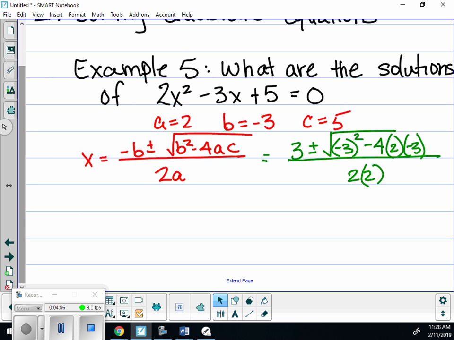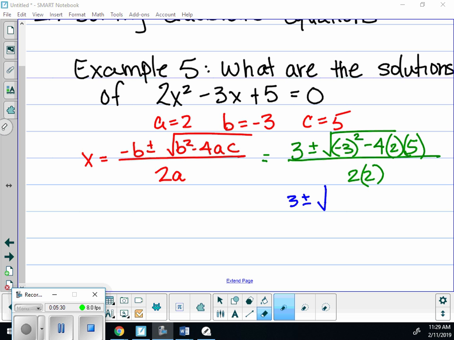Negative 3 squared is what? 9. Negative 3 times negative 3 is 9. What's 4 times 2 times 3? 4 times 2 is 8. 4 times 2 is 8. Times 3 is 24. So we have 4 times 2 times 5 is 40. So we have